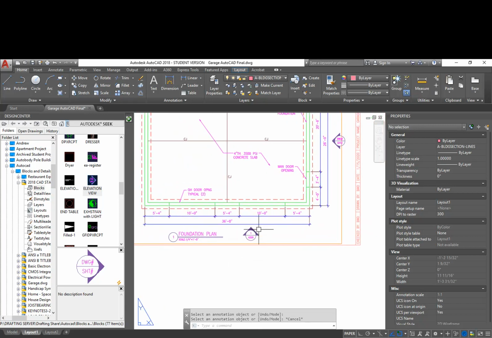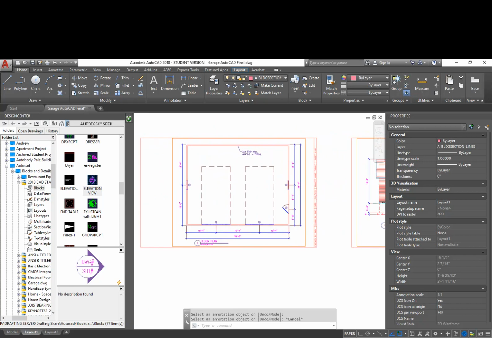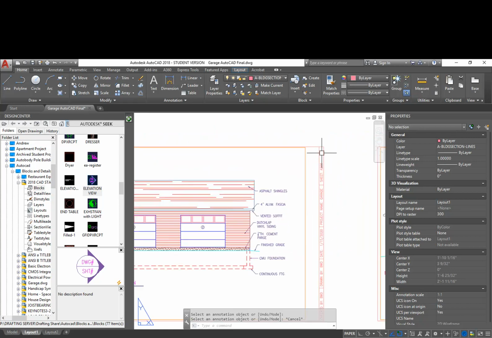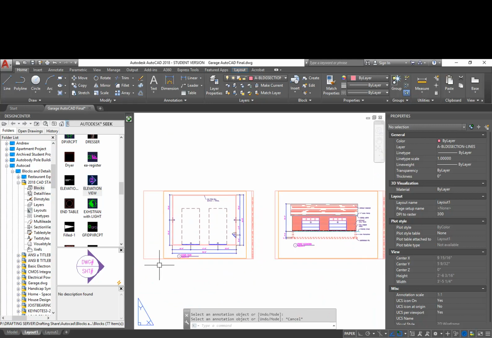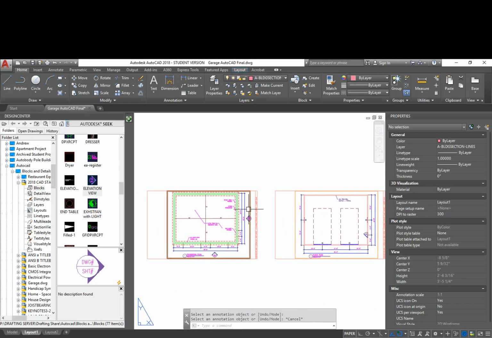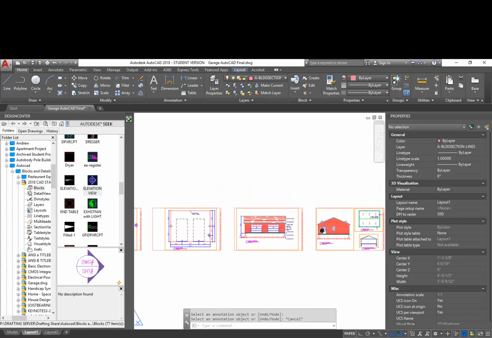So now, whenever they see this, they say, oh, okay, so there's an elevation view of this part of the building. It's on sheet A200, and it's drawing number 1. So they can very easily turn to sheet A200 and look at drawing number 1 and see what that elevation looks like. So over here, this is going to be on sheet